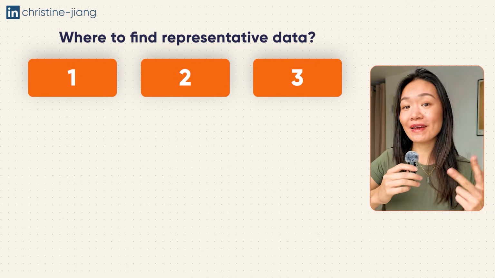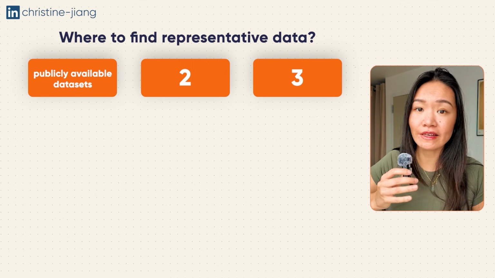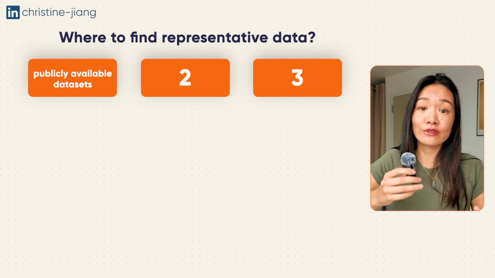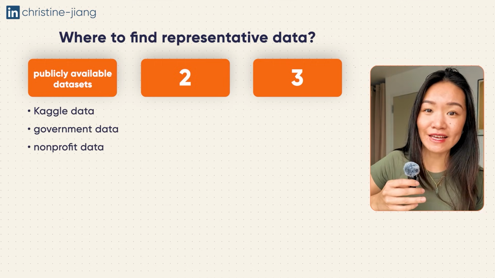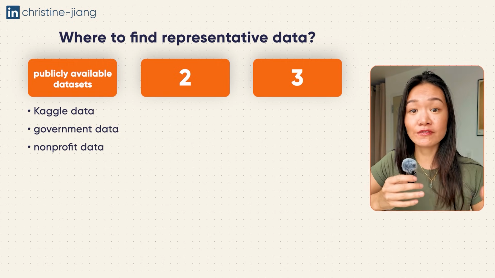Okay, so now let's talk about the biggest question when it comes to the R step of the READY framework, which is, how do I actually find this data? Now, there's three main categories that I want you guys to think about. The first one is looking at publicly available datasets. So this includes things like Kaggle or datasets that are published by governments or by companies themselves or different organizations